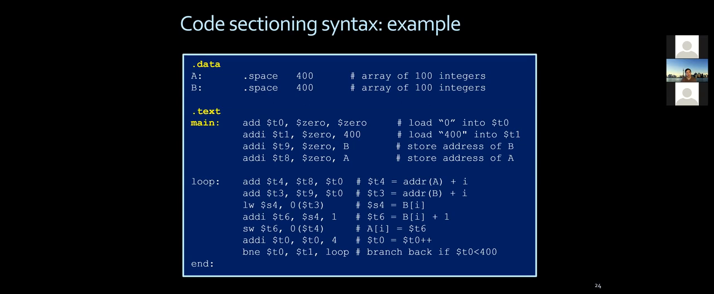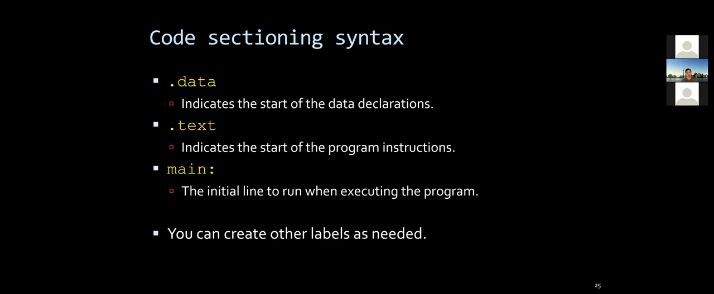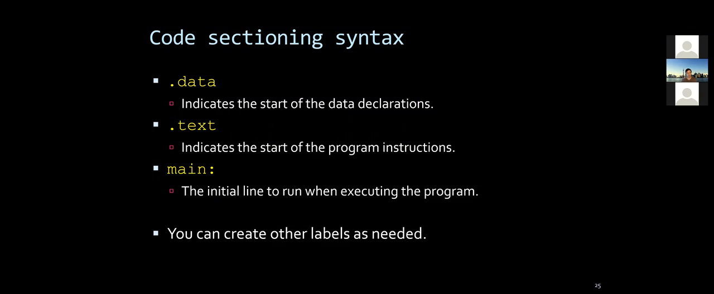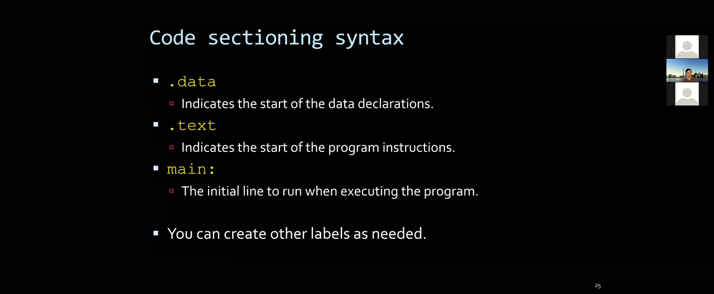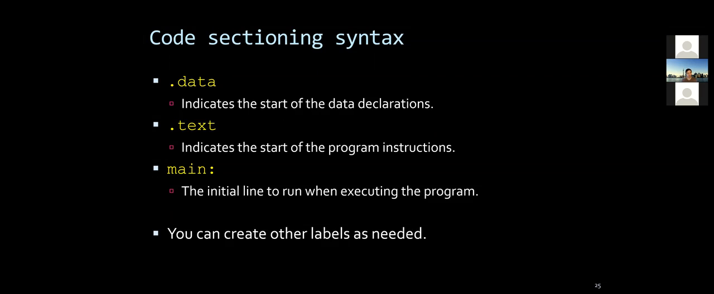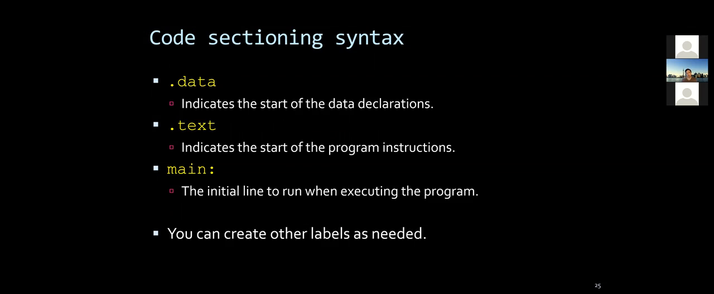Okay. Anyway, so this is just examples of the syntax you would use. And this is like a basic loop manipulation. So what are the sections that exist here? There's a data segment that indicates the start of the data declarations. There's a text segment that indicates the start of the program instructions. There's the main, that initial line to run when executing the program. And you create other labels as you need, and you have full control over where you jump and